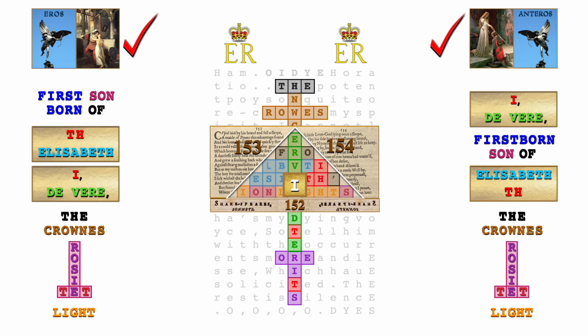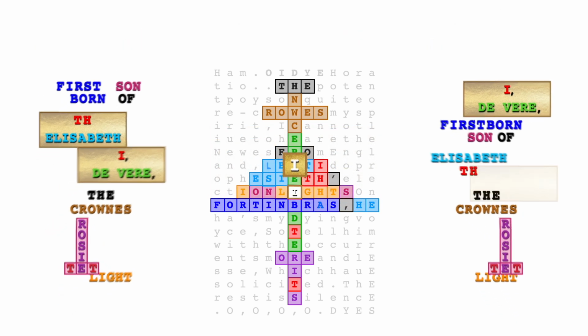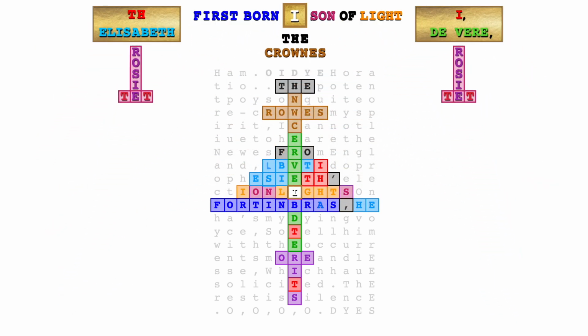In both these scenarios, De Vere would legitimately be king, the first by marriage to the Queen, the second by being her firstborn heir. Clearly, Oxford would not have gone to such lengths to illustrate the eros-anteros dichotomy, and with Dee to reveal it so sublimely in this masterful cryptographic work, if one of these two solutions were not the